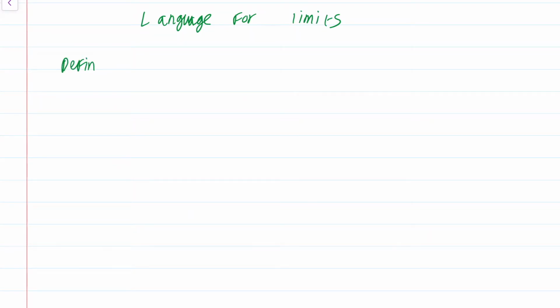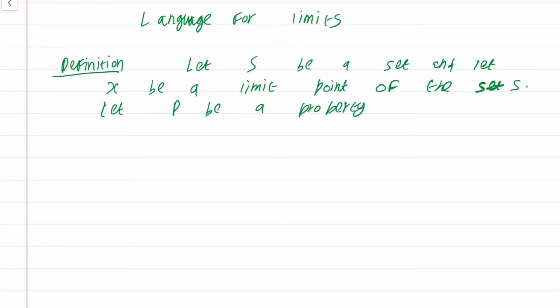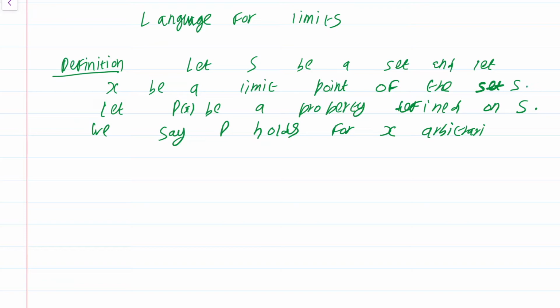Definition. Let S be a set and let X be a limit point of the set S. Let P of X be a property defined on S. We say P holds for X arbitrarily close or sufficiently close